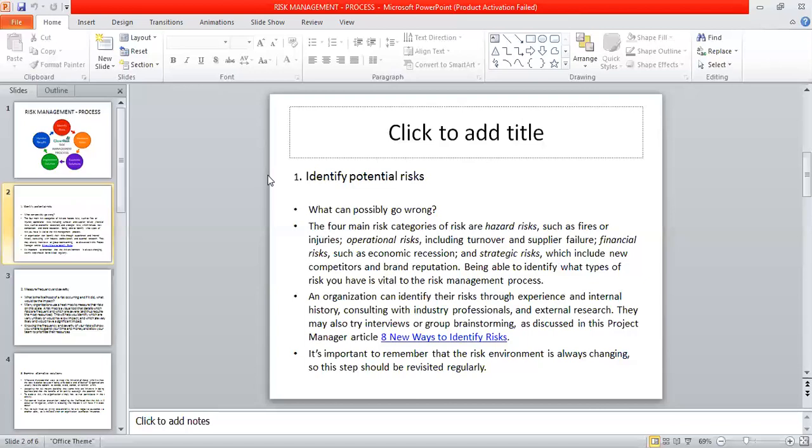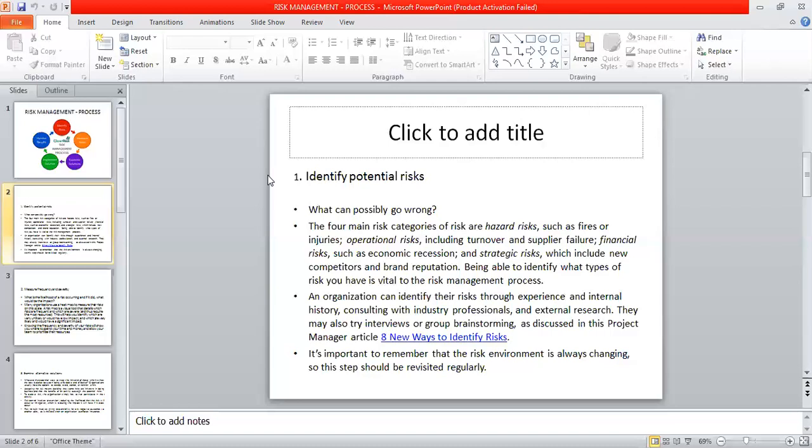Any failure at this stage to identify the particular cause may cause a major loss for the organization. So this is a very important step. All other steps depend upon the first step. If our identification of potential risk is wrong, then the whole process will prove wrong, right? So what can possibly go wrong? What is actually wrong for the firm, what is actually right for the firm, we have to classify